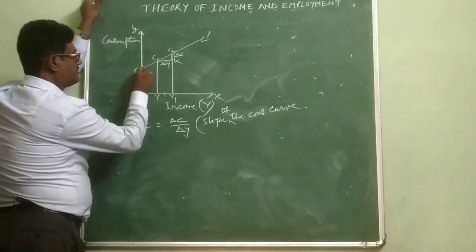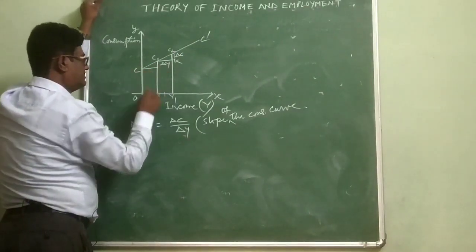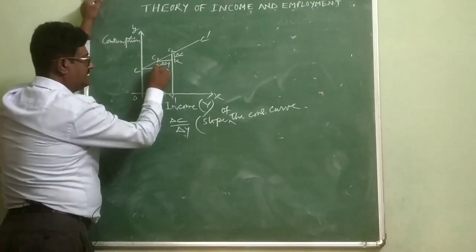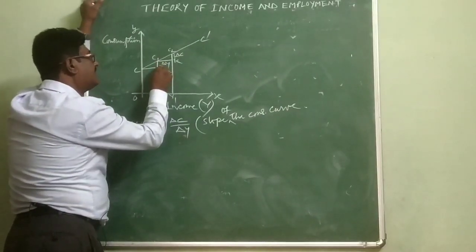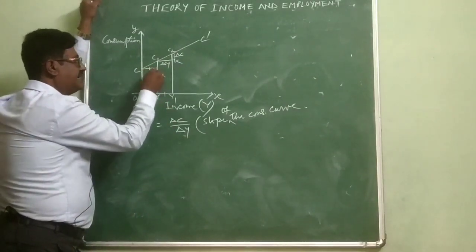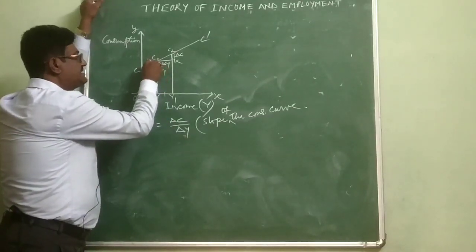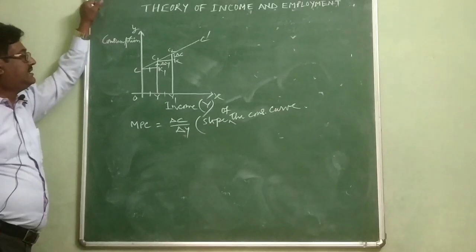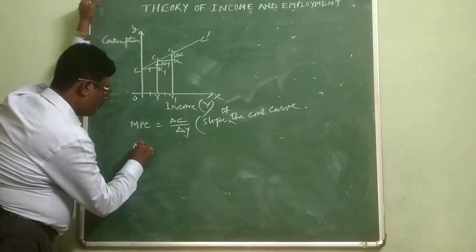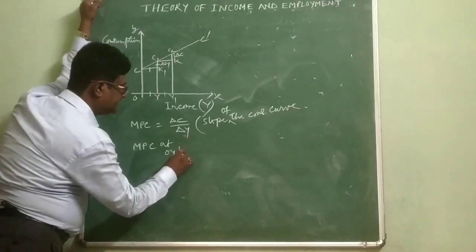Now see, here when income is OY, the spending in the economy is C1Y, and the change in income is given by C1K1, and the change in consumption expenditure is given by C1K1. So here MPC at OY level of income,